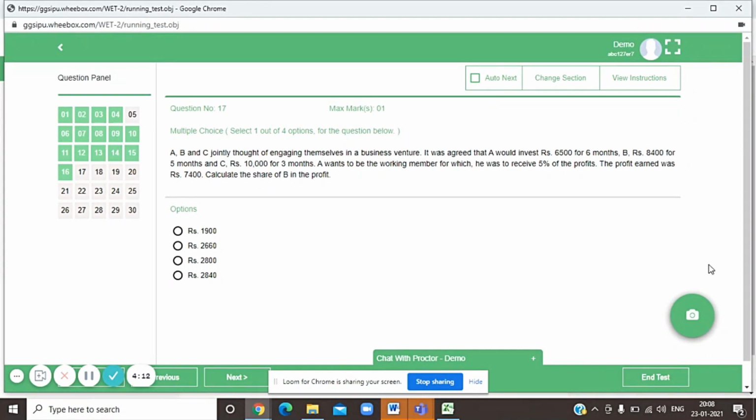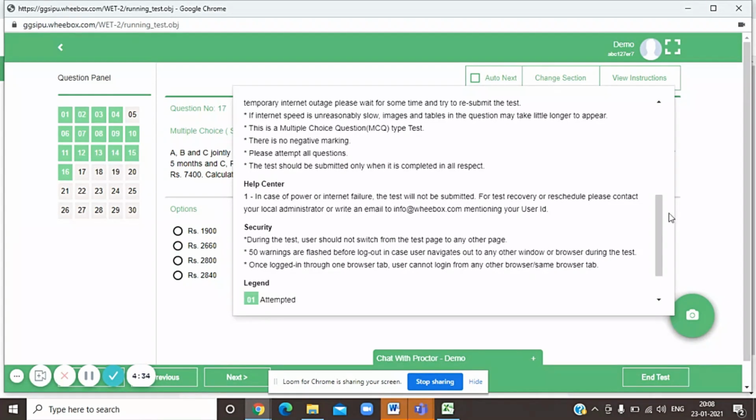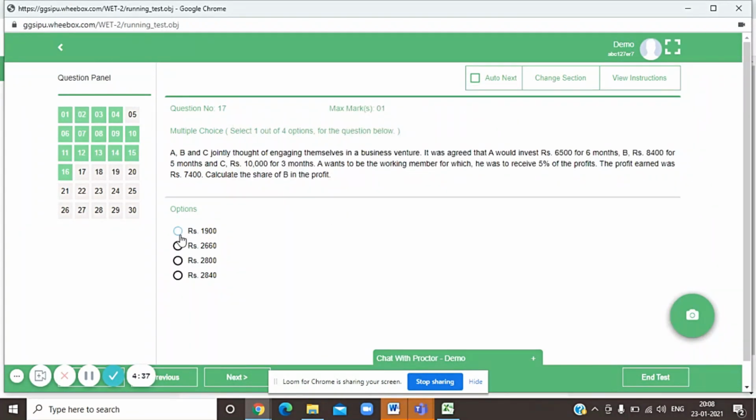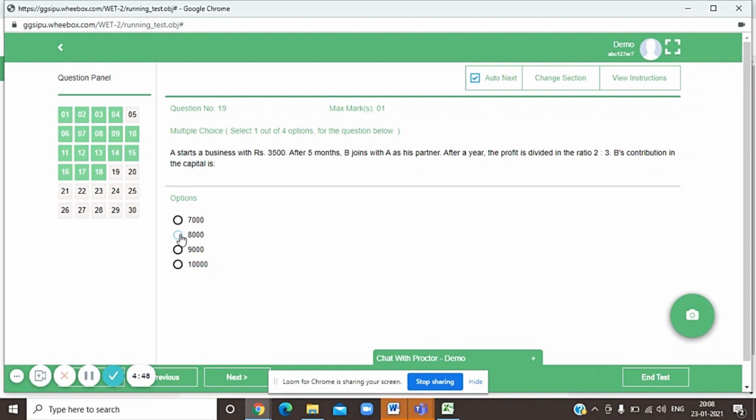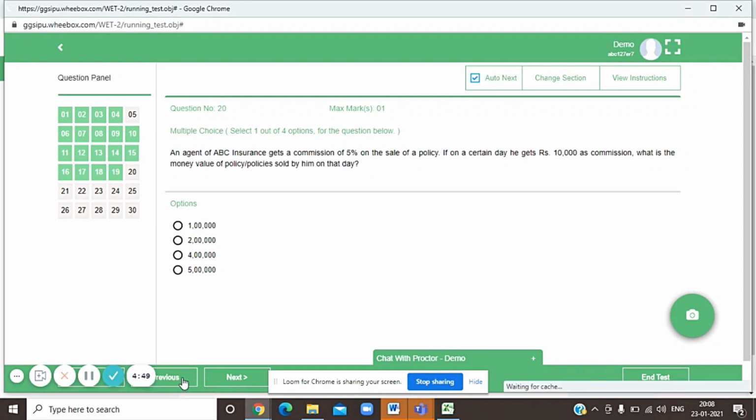This is the test taking page. You can see on the left side the number of questions that have been allocated to you in this particular test, and you can see the change in the color. The gray color is unattempted, the green is attempted. The candidate can view the instructions, the same instructions which are there on the instruction page. I click on the question and go on next. My color has changed. In case I click on auto next, once I've answered this question, I'll be automatically taken to another question.